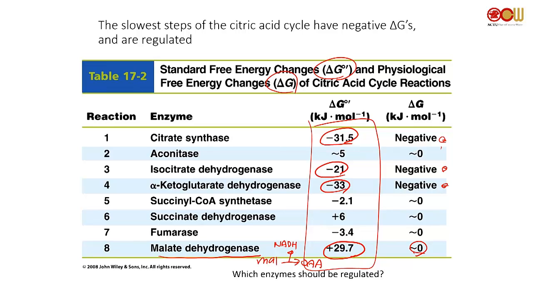If I want to take a reaction or a conversion that has a standard energy of plus 30 to a delta G of around 0, what can I do? Increase the concentration of substrate and decrease the concentration of products. Okay, so I make the substrate concentration very high and the product concentration very low, using thermodynamics, using equilibrium to push it. Okay? It turns out oxaloacetate in the cell really is not very abundant, because